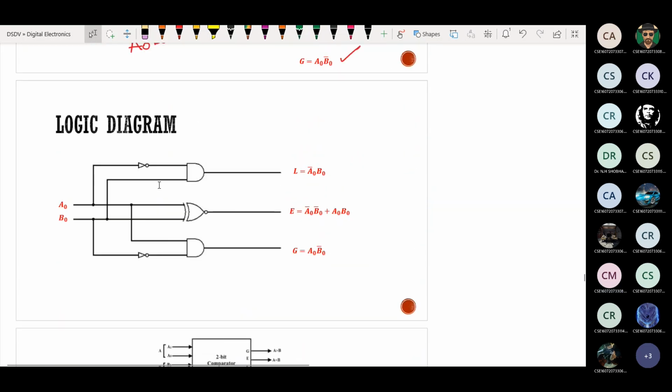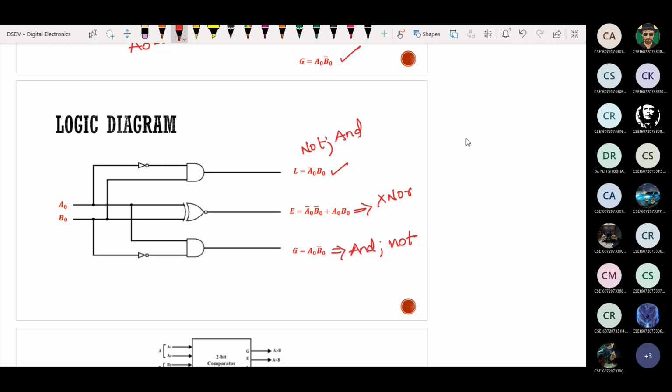So for each and every Boolean expression, better to draw the logic diagram. So A naught bar B naught. So I need one NOT gate here and one AND gate. For this one directly I can draw XNOR. For this one AND gate and one NOT gate. Am I correct? Yes, sir.